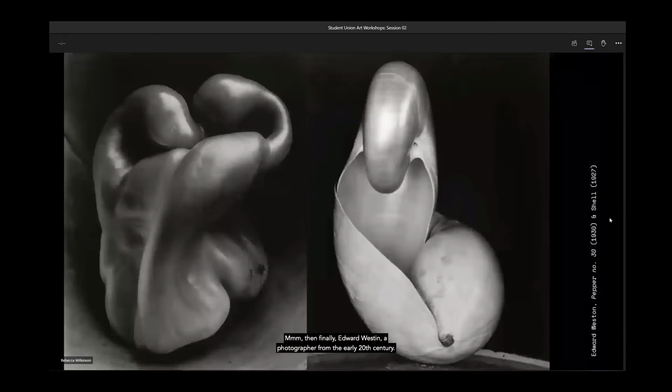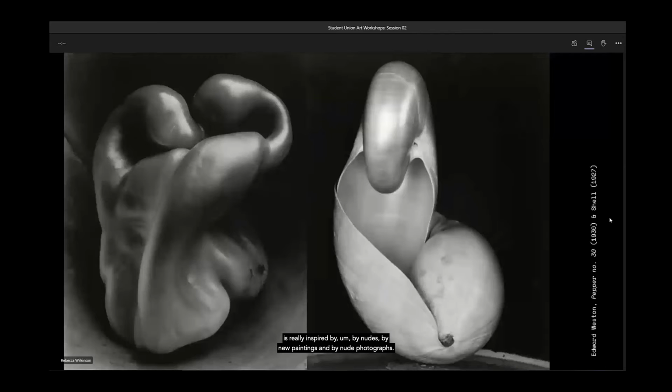And then finally, Edward Weston, a photographer from the early 20th century, really famous for his still life photographs. These are obviously photos of inanimate objects. We have a bell pepper to the left and just a shell to the right. So they're just still lives, but what I really love about his work is that you could see